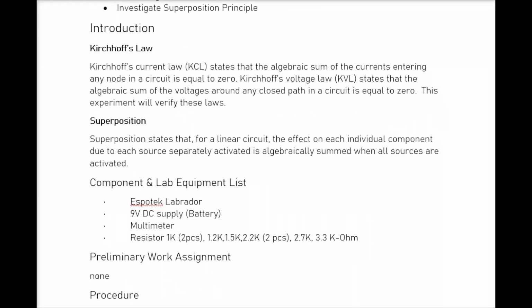So we are going to verify these laws, and at the same time we are going to learn how you can test out this superposition concept. Okay, so the superposition concept is nothing but a way of analyzing your circuit. And what do I mean by that? That means that we